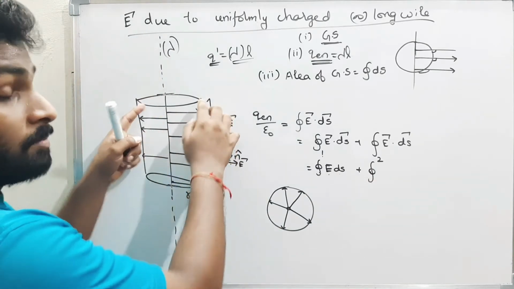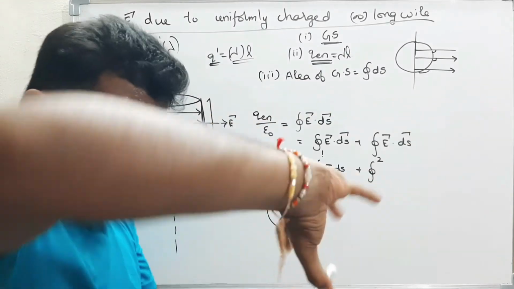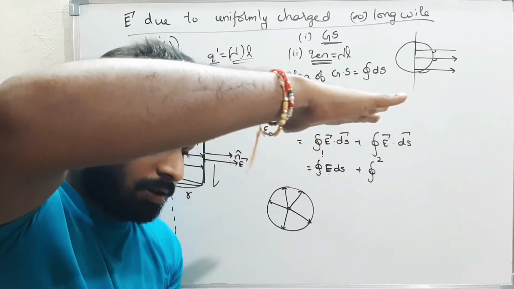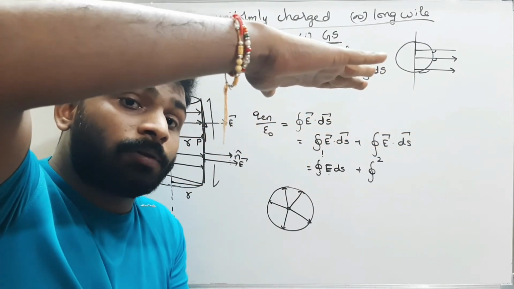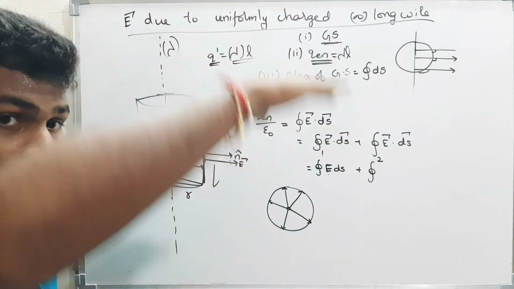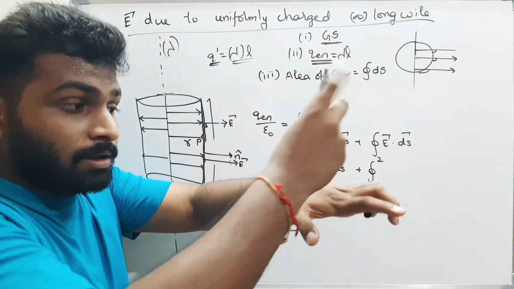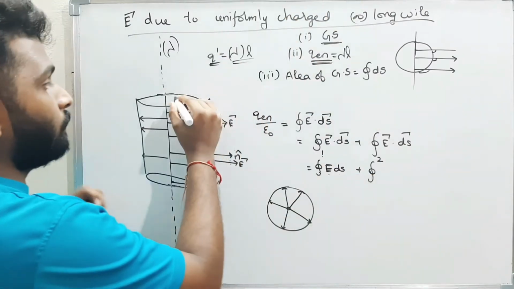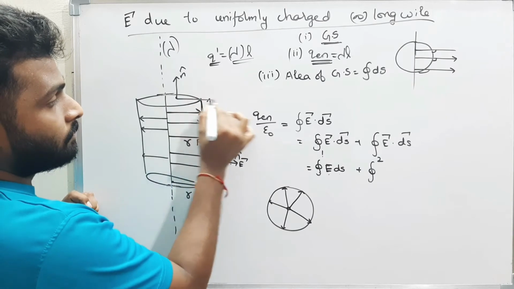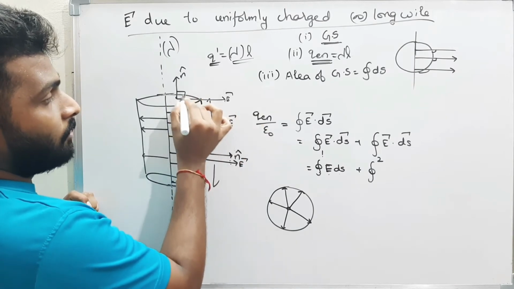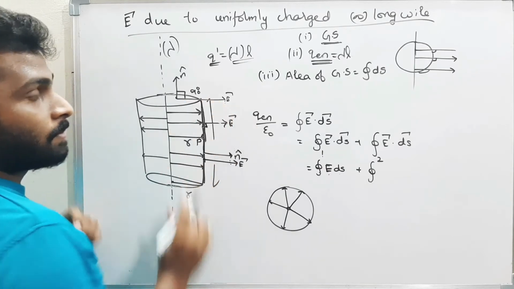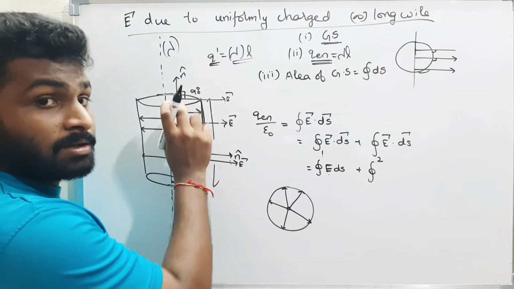See here, it must be a closed body. This is a cylinder. The cross sectional area, okay, one. But the top area is pi r square and the bottom area is pi r square. What happened to them? You have to consider them also, right? Now, for the top area, the area vector will be upwards. Therefore, this is the area vector n cap, and the electric field directions are like this. What is the angle between them? The angle between the area vector and the electric field is 90 degrees. Therefore, cos 90 is 0.